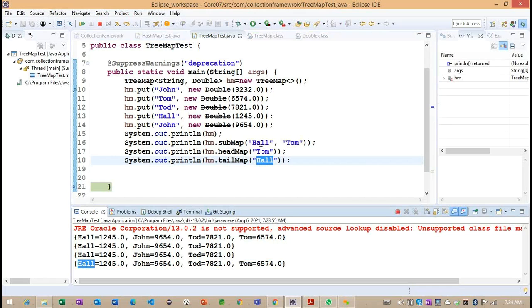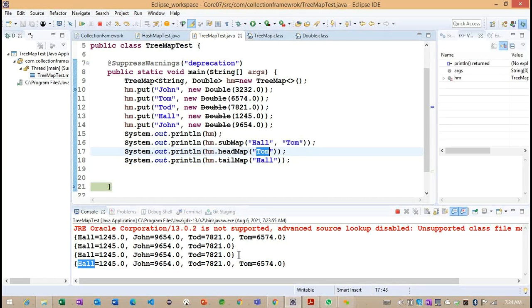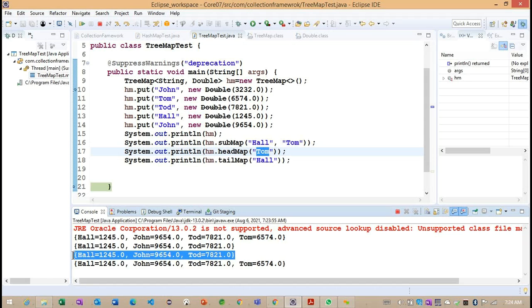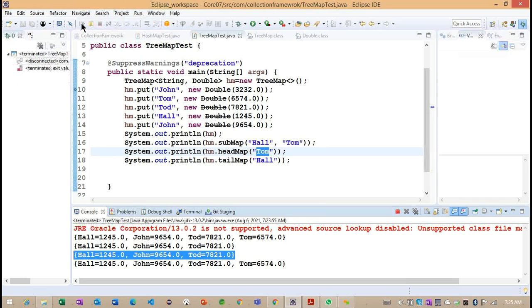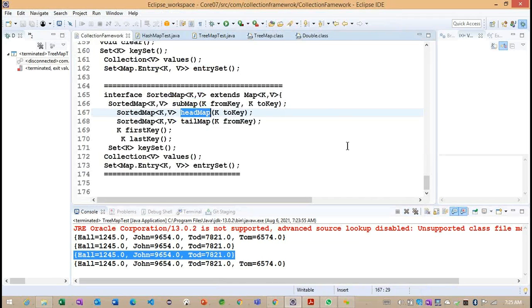But when we're working with the headMap here, this particular key is not added. Except the particular key we provided in the headMap, the remaining objects are loaded. So this is the headMap, and this is all about our tailMap. By default, tailMap will include the from key, but by default the headMap will not include the to key, right? So this is the way we can work on our TreeMap, and inside this particular TreeMap, headMap and tailMap we identified, first key and last key.